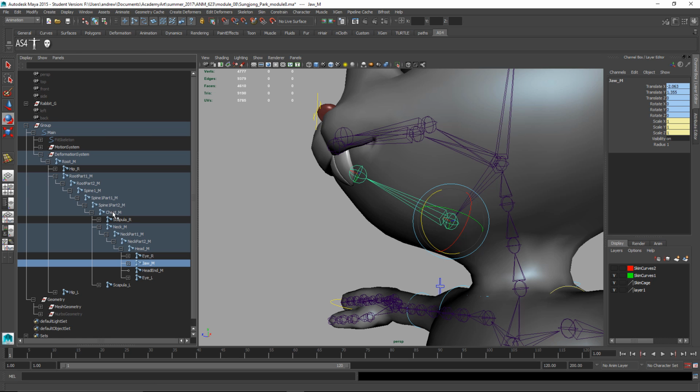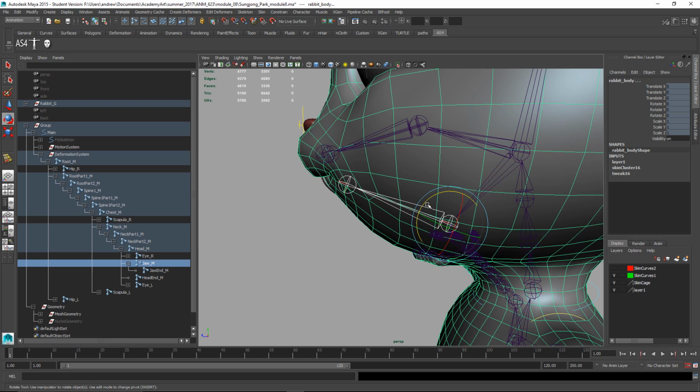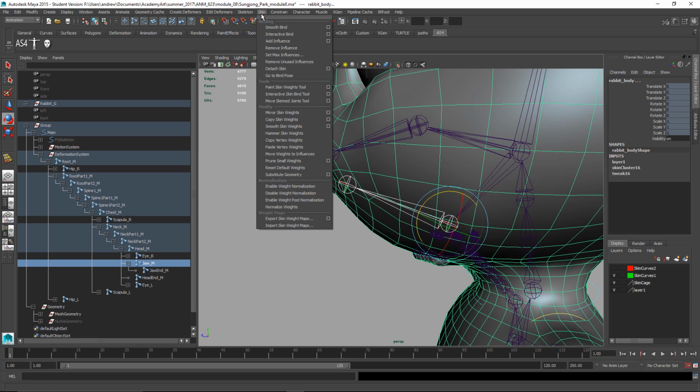Let's reveal selected, and again, you need to pick the one under the deformation system, because there's two skeletons on top of each other. One's the deformation one that actually bends a character, and then there's another skeleton right on top of that that actually controls that deformation skeleton. So the first thing to do would be to select that on the surface and go to Skin, Add Influence,